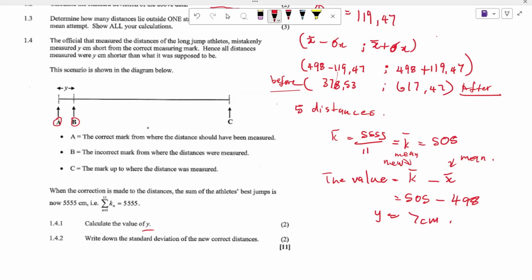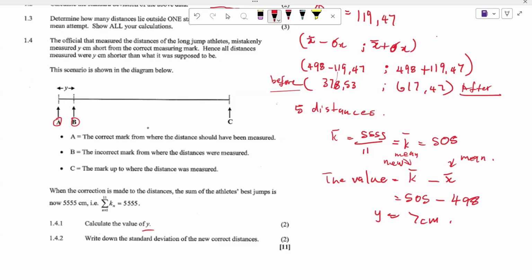Remember, standard deviation measures how spread out the set of values are. It is measuring how spread out the data are altogether. It can only measure by looking at the number of data, at the data itself, and at the mean